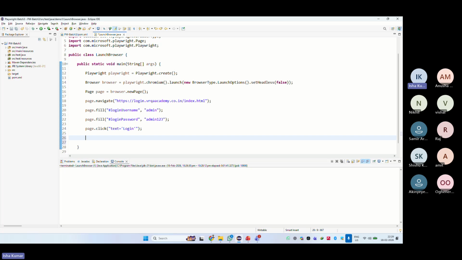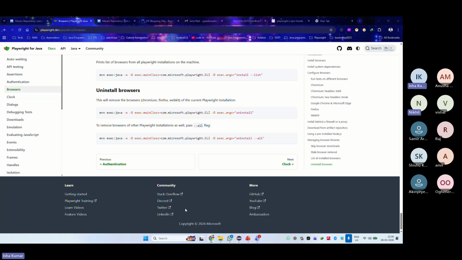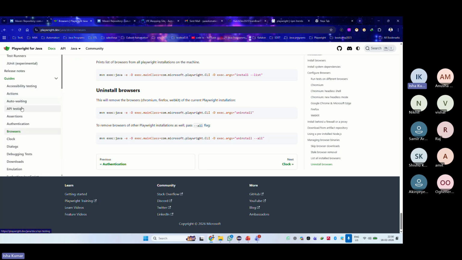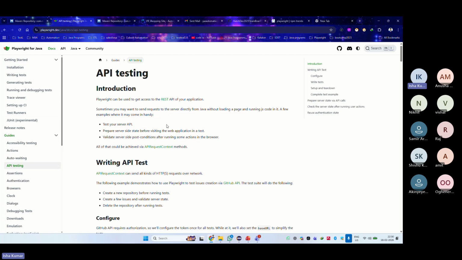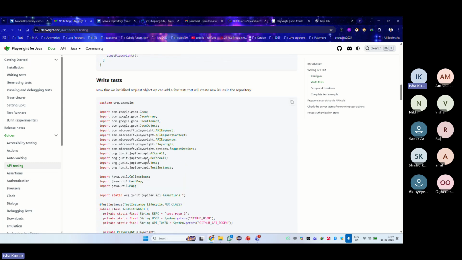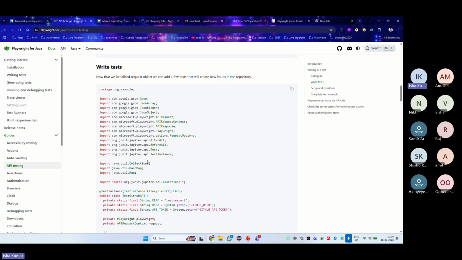JMeter is actually for performance testing, whereas Playwright and Selenium are for UI and API testing. In Selenium, you will be able to automate APIs using REST Assured, which is again a third party tool, whereas in Playwright we have an inbuilt API too. You no need to use any third party. You can directly use the inbuilt Playwright API. API testing is supported by Playwright itself. So this is specifically for UI and backend testing, not performance testing. JMeter is a different tool. There are a lot of tools available, but